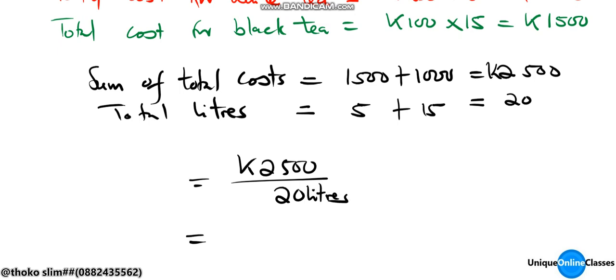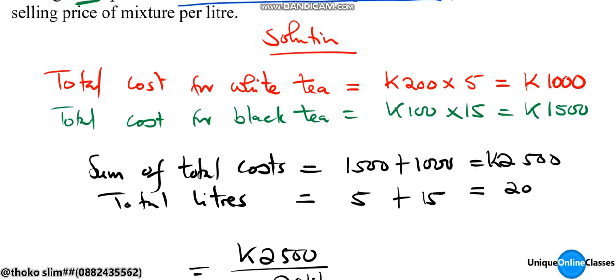And the answer there, if you divide 2500 by 20 liters, that will be 125 kwacha per liter. That's 125 per liter. Now the question, it says